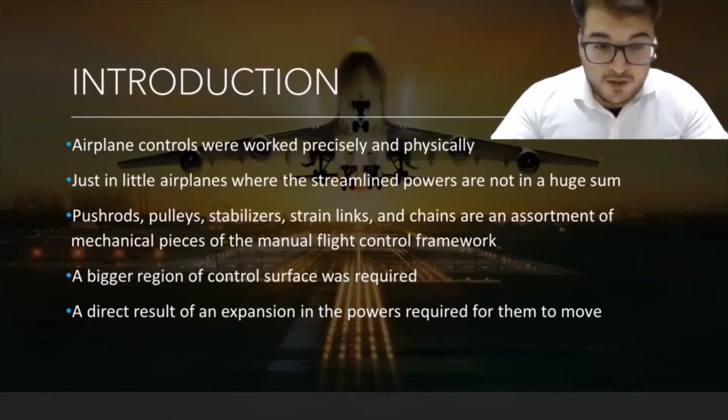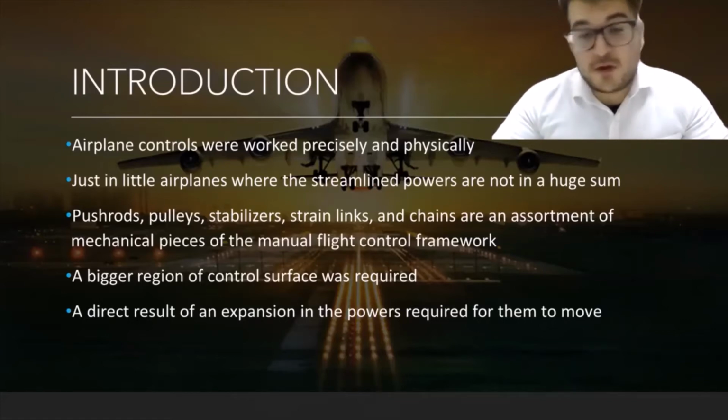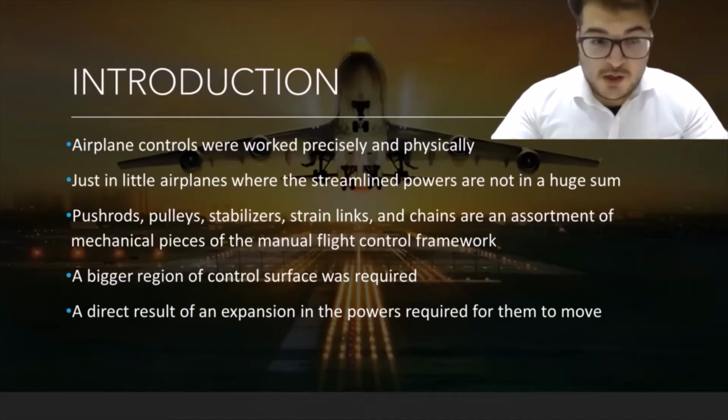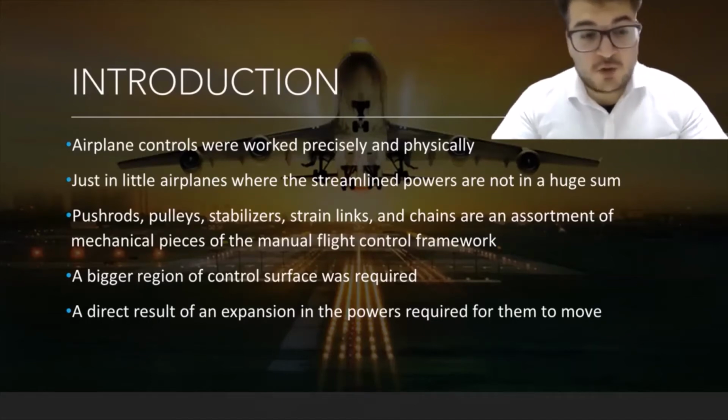Airplane flight controls are the means or ways by which a pilot controls the course and attitude of an airplane in flight. Flight control systems are divided into two sections that are referred to as primary and secondary flight